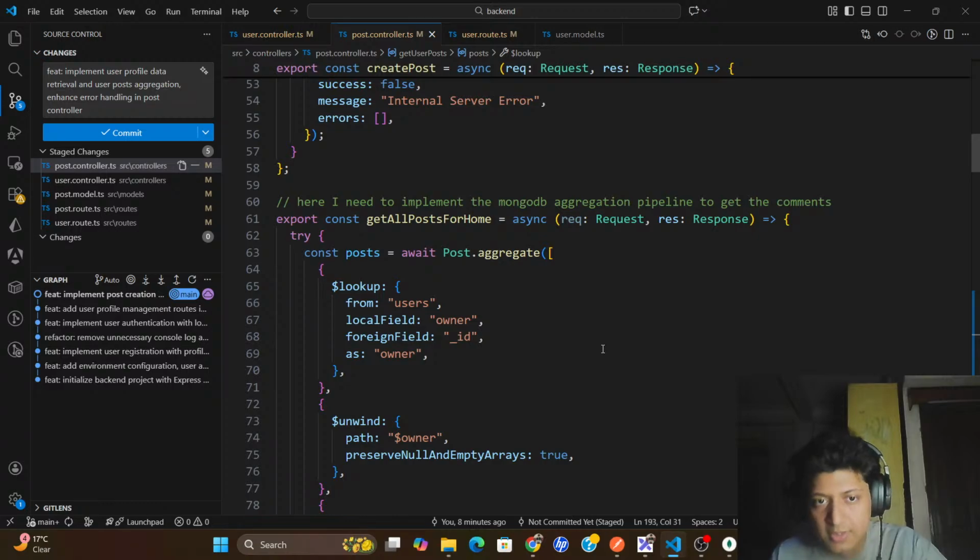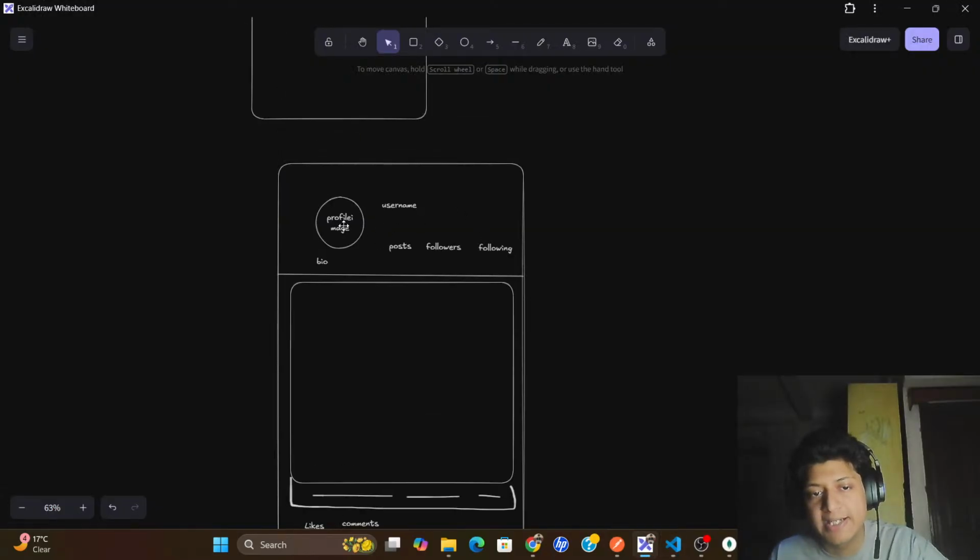Fine. Why I made this into two different controllers is because many times in social media applications we see that when this data is loading, this is just loading, right? But if I make this into one single